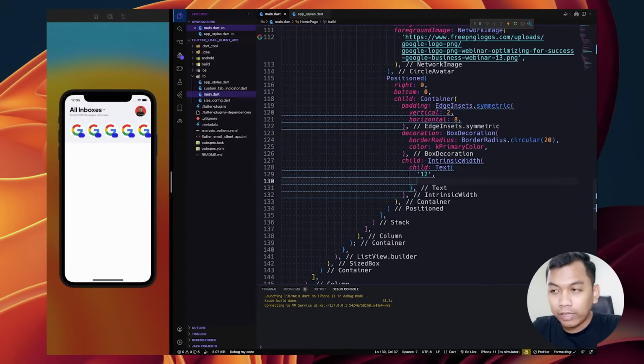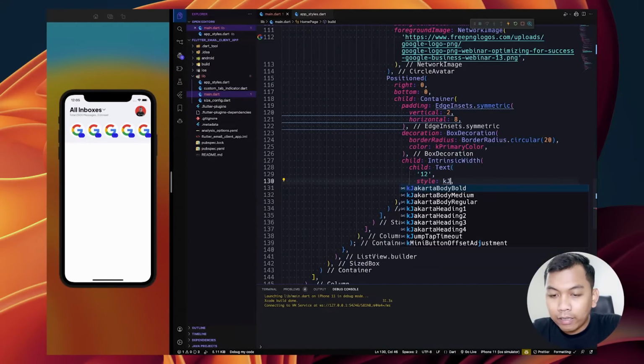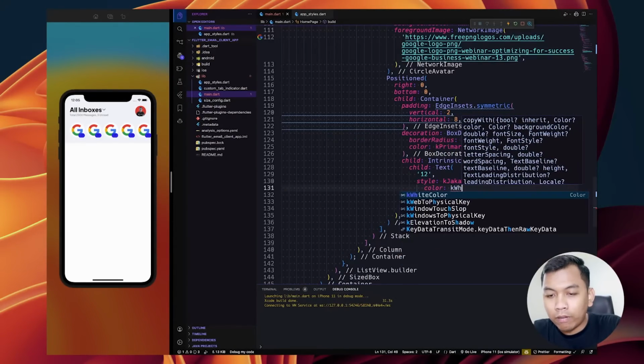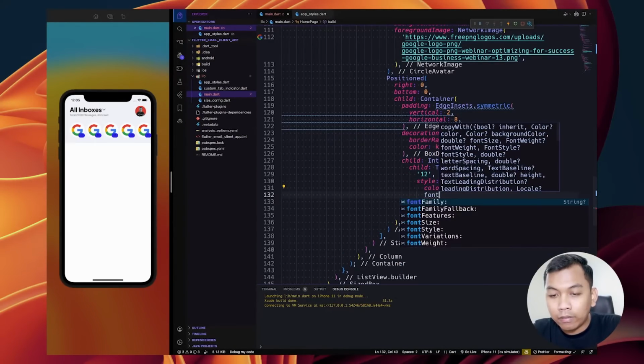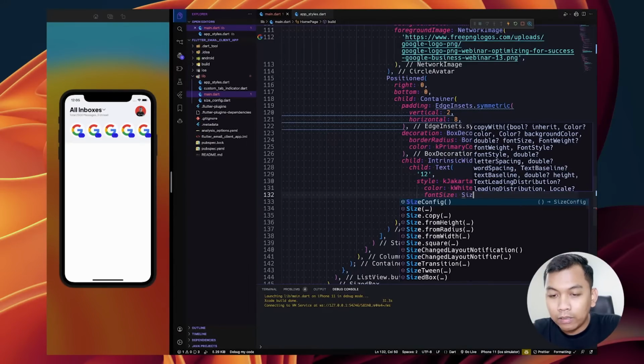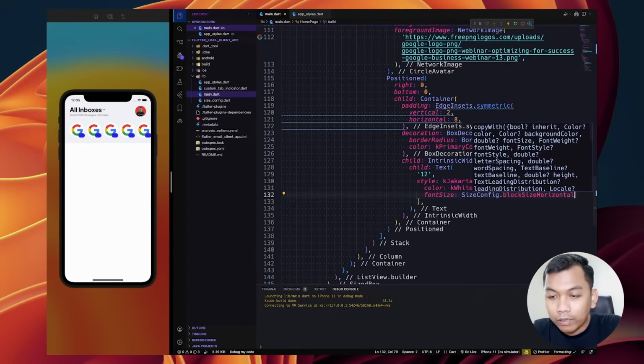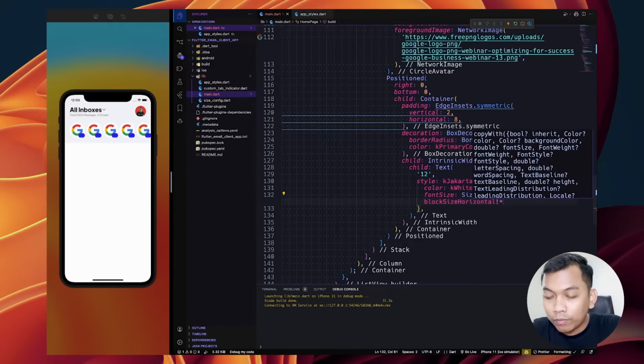So let's go to Text widget, and we need to add style, and we set it to be body bold and set color to be white color, and for the size set it to be SizeConfig blockSizeHorizontal times body 2.